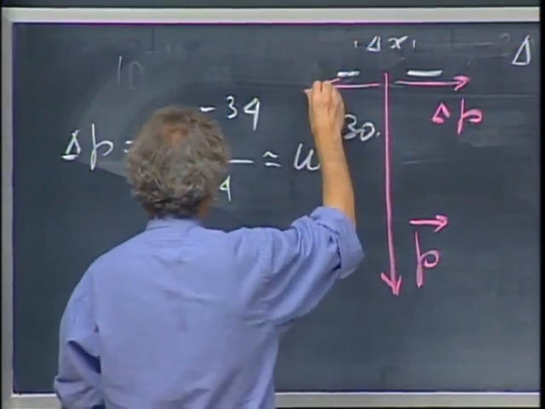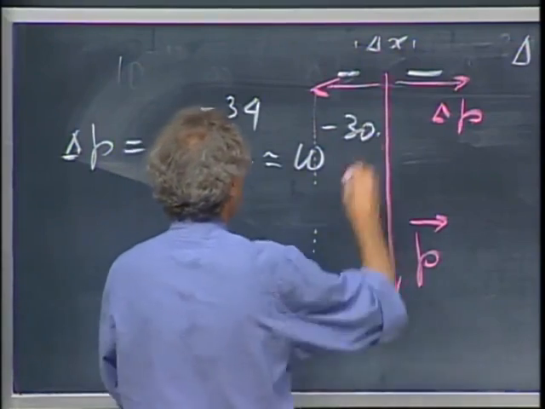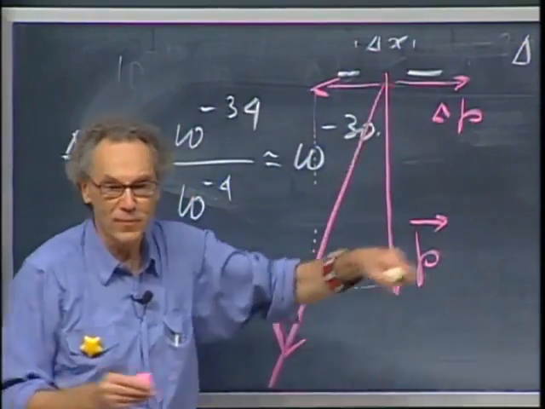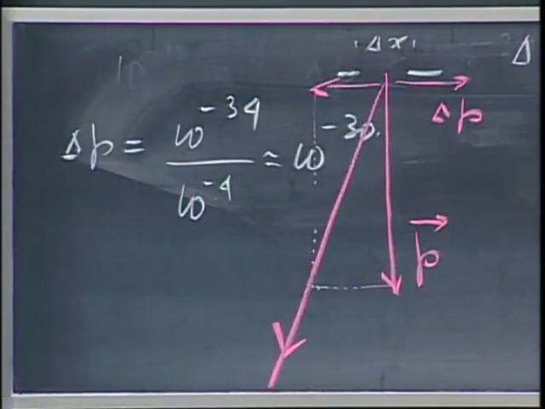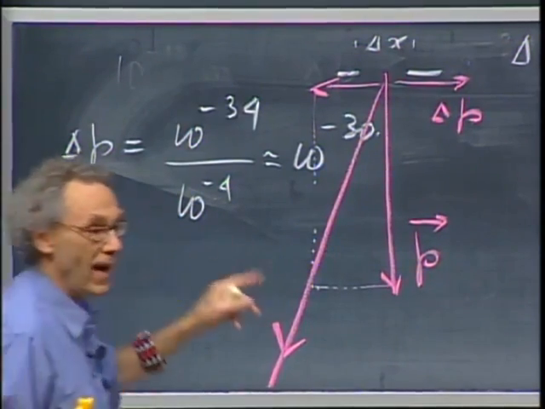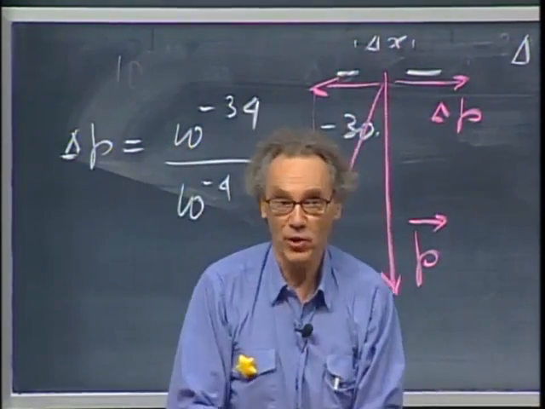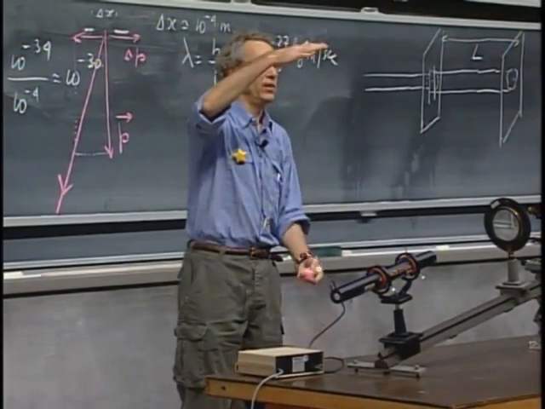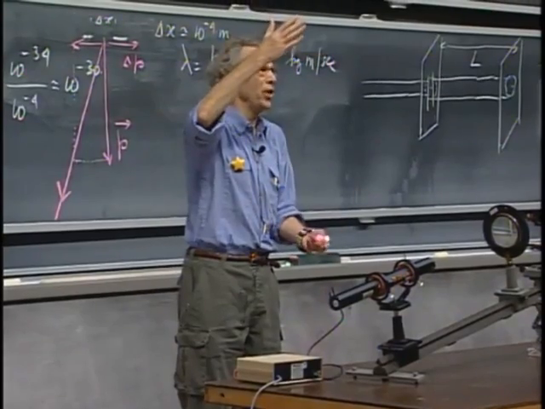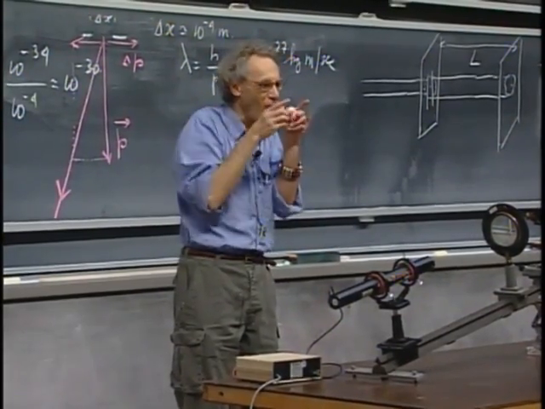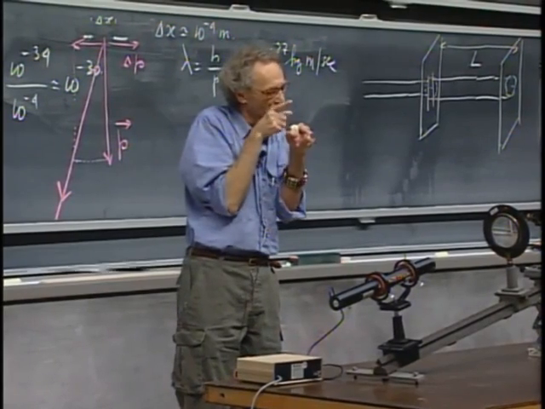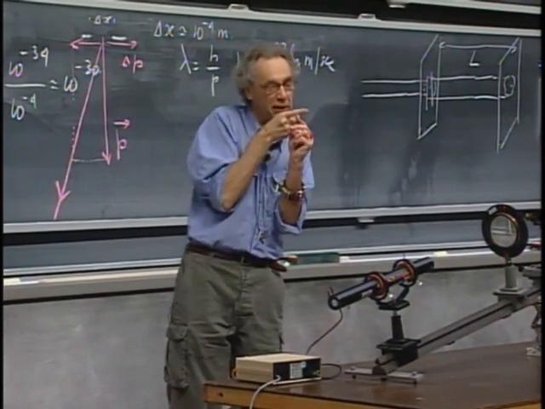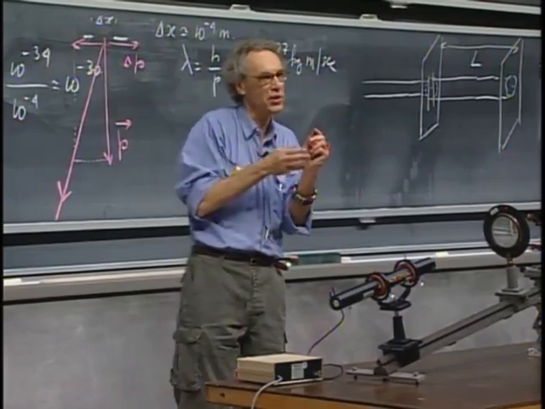then I would expect that some of that light goes off in this direction. It is this change in momentum, this undeterminedness in momentum, that makes it go off at an angle. Only in the x direction. If I have the slit like this, don't expect this to happen in this direction, because the uncertainty in the y direction, that's not the problem. Delta y is not very small, it's delta x that is very small. So it's this direction that's going to give you trouble. It's only in this direction that you know precisely where that light goes through. This direction is not the issue.